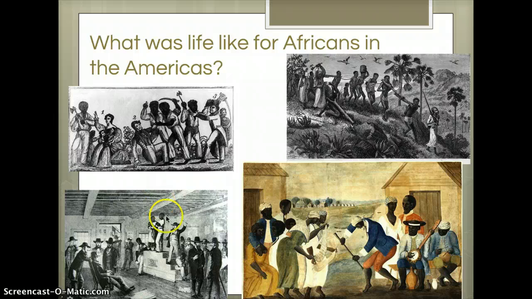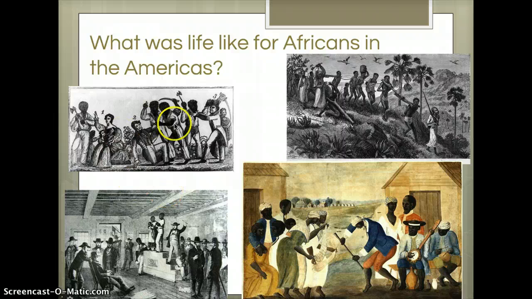So here are some documents, pictures from this time of a slave auction, right? Slaves in the fields working in the Americas. And then we see this enormous impact on the Americas because we suddenly have this influx of people from a different continent. And one benefit is the influx of the people and their culture and their traditions, which then soon become a part of the Americas and the American culture.